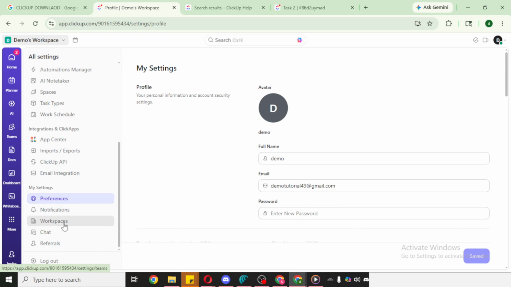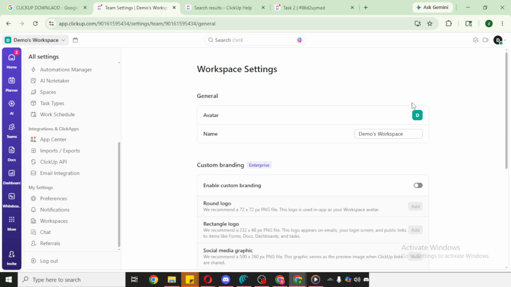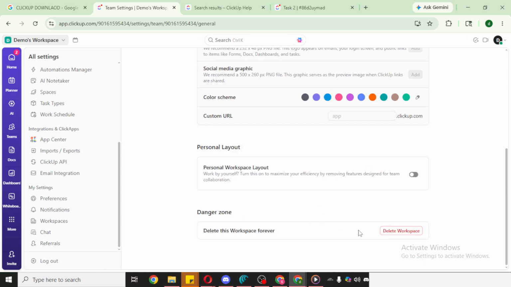This page lists any workspaces you are part of, often showing the name and icon so you can tell them apart. Take a moment to identify the workspace you want to leave. Double check the name carefully, especially if you're part of multiple teams with similar titles. It's a good idea to confirm you're looking at the correct one by reviewing the icon or any unique identifiers your org uses. When you've identified the correct workspace, you'll see options related to it.